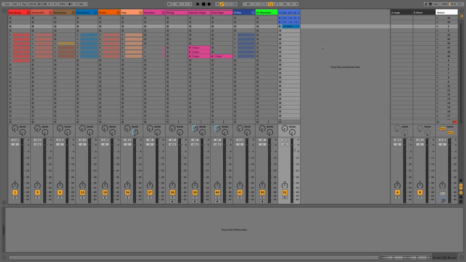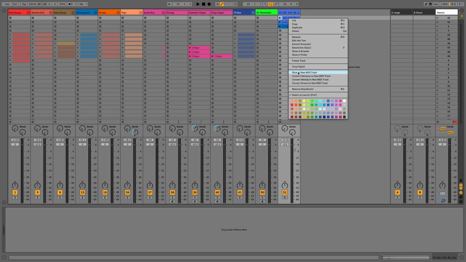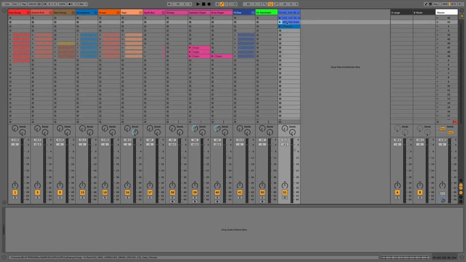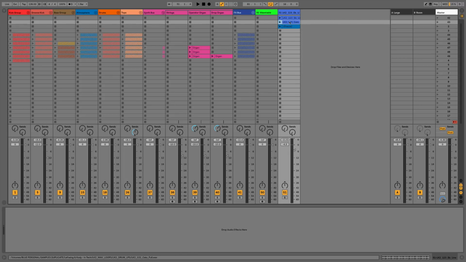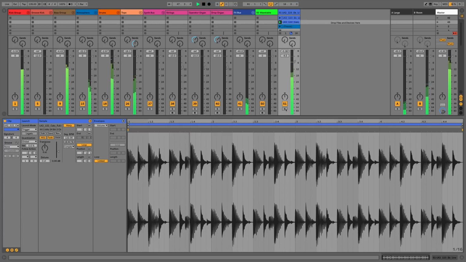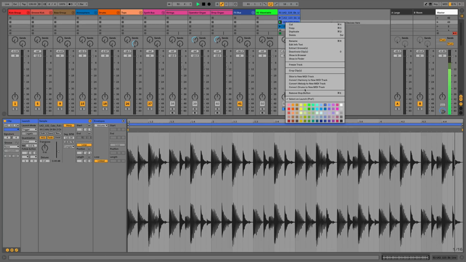So some nice little extras we have with Ableton Live is we have a few options here to slice to new MIDI track, convert harmony, convert melody, or convert drums to new MIDI track. So this is a nice way of being able to chop up different samples or take ideas and recreate them in MIDI form. So for example, here I've got a drum loop. What we could do is take this and convert drums to new MIDI track.